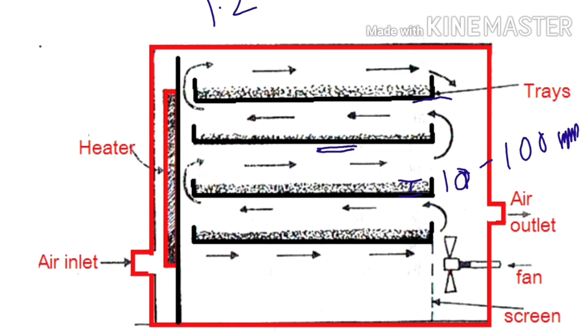The distance between the bottom of the upper tray and the surface of the substances loaded in the subsequent tray will be 40 millimeter. These trays can be loaded in trucks on wheels. These trucks can be easily rolled into and out of the chamber. 2 trucks can be arranged inside a dryer.